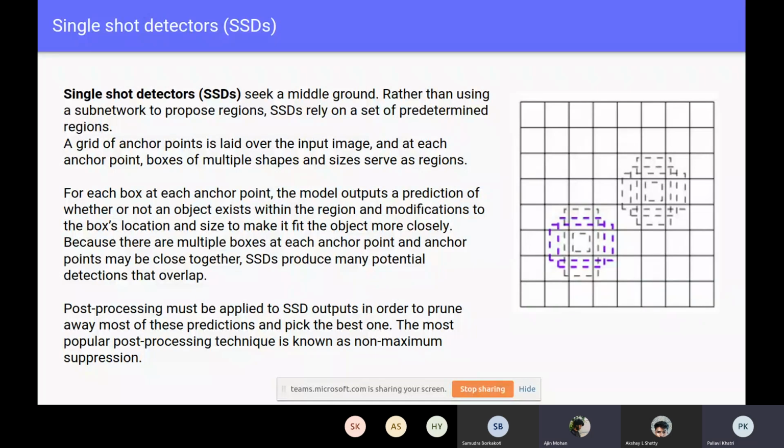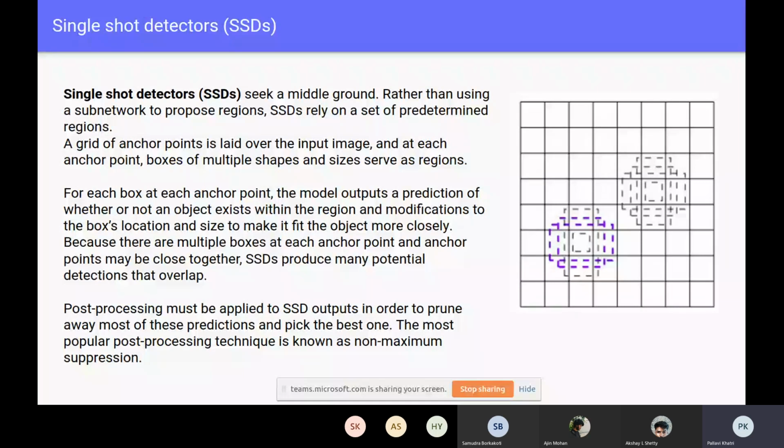Now, because there are multiple boxes at each anchor point, and the anchor points may be close together, SSDs produce potential detections that overlap. So post-processing has to be applied to SSD outputs in order to prune away these predictions and pick the best one. So unlike region proposal networks, these have a predefined grid set, and every block or anchor point is checked for whether the object is there or not.